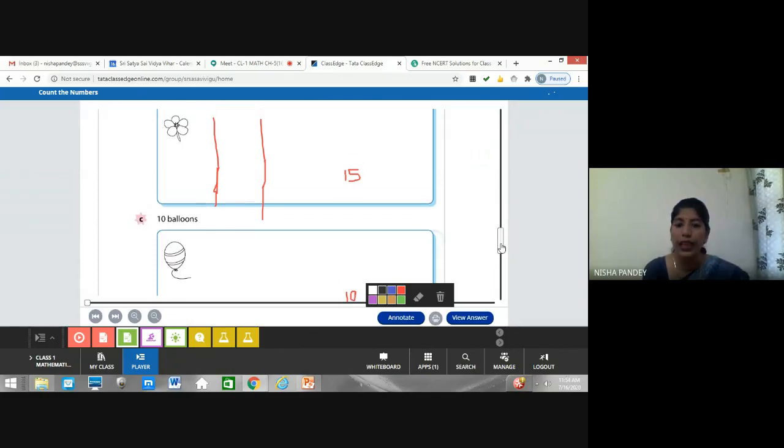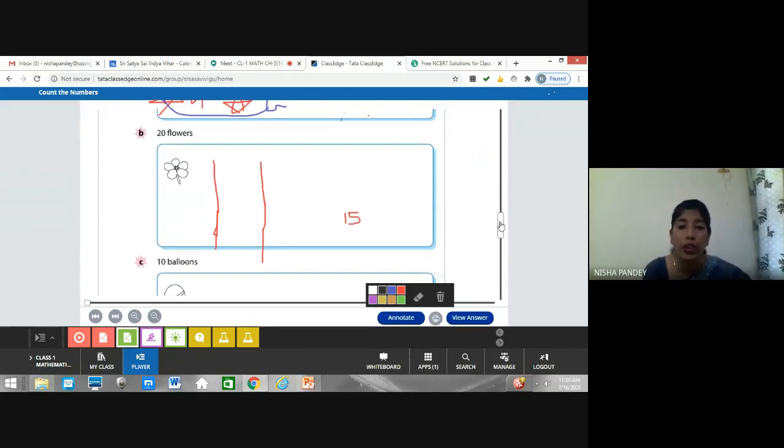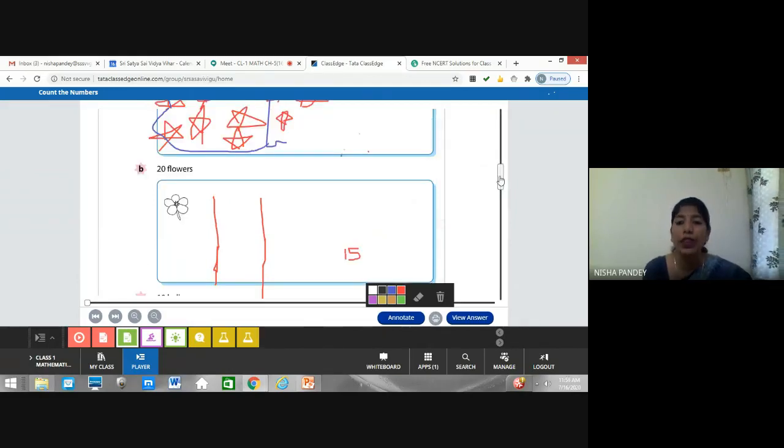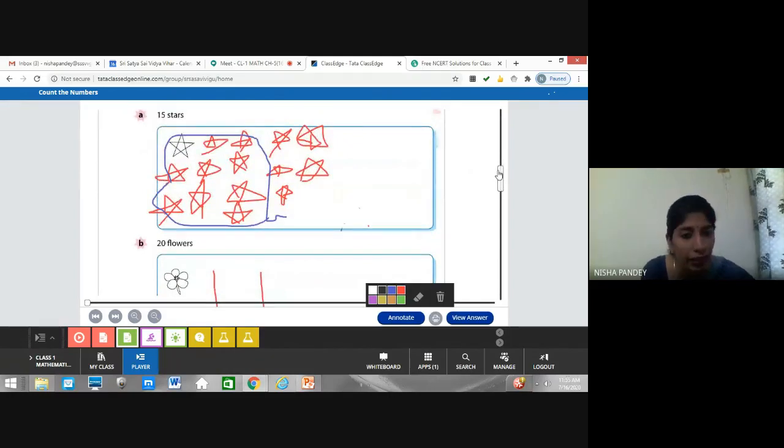You can take any examples. Like here it is 10 balloons, you can draw 10 kites, you can draw 13 kites, you can make 15 pencils, you can draw 13 erasers. Likewise, take examples and try to draw. As you love drawing and coloring them, you can form a bundle also, you can make a group also with colors, and you can see how many loose ones, so you can write the tens and ones position. So you will learn it this way and you will enjoy it also, right, children?